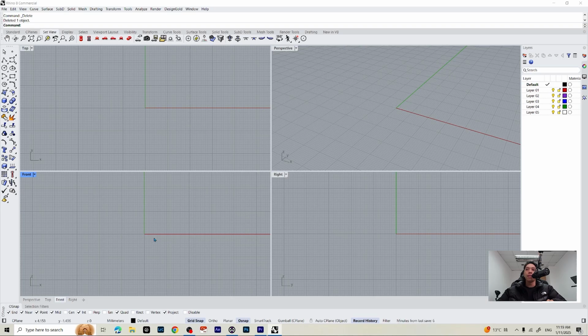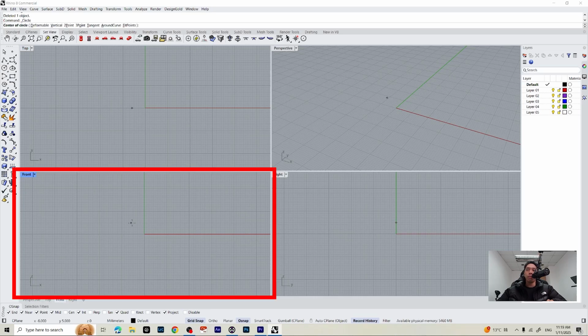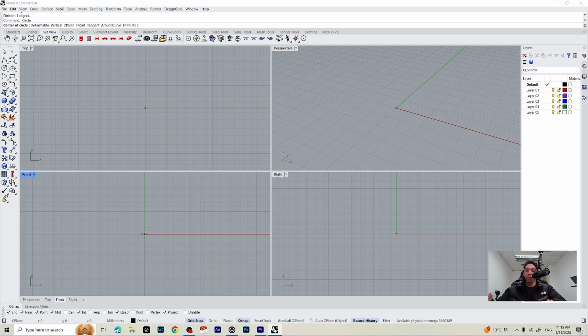Alright guys, let's start to make our ring. Make sure you are working in millimeters, and we are going to take our circle, jump into our front view, and place the center of our circle on the center axis by pressing 0 on your keyboard. Hit enter. Let's make a ring with a diameter of 16.1 millimeters, and then just hold shift and press enter